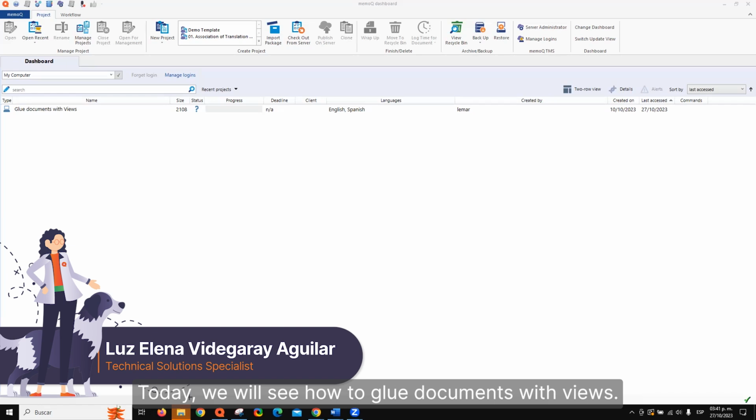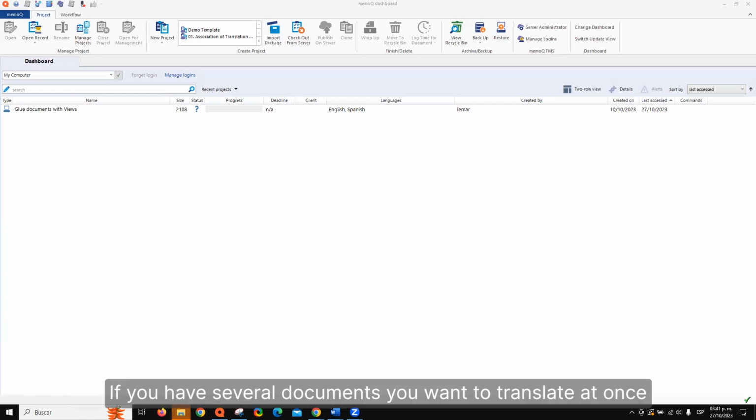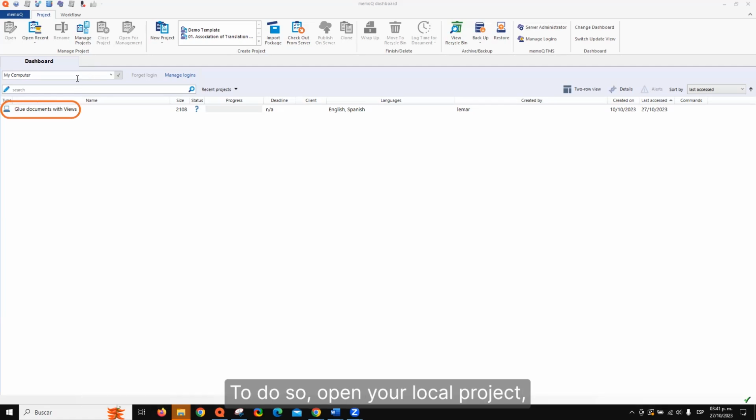Today we will see how to glue documents with views. If you have several documents you want to translate at once to benefit from auto-propagation, you can glue them with a view. To do so, open your local project,